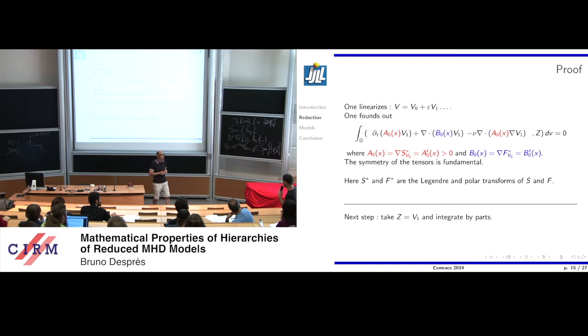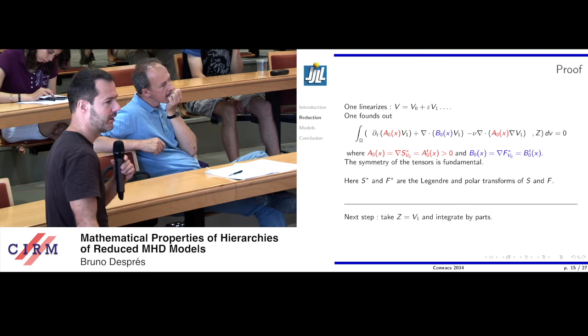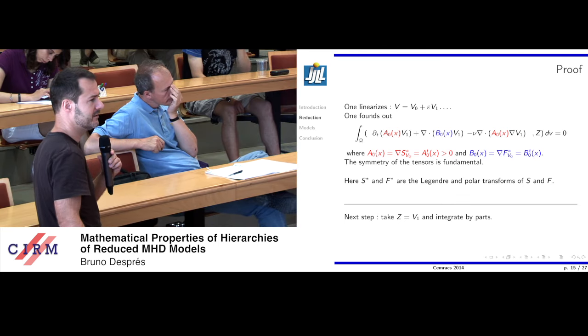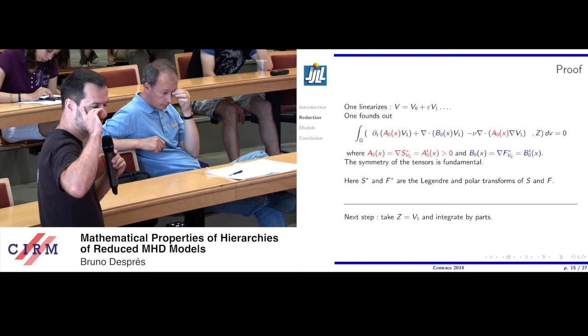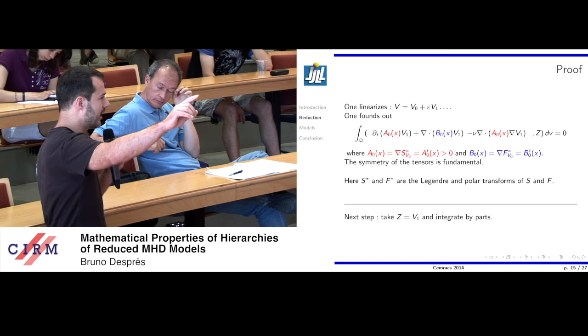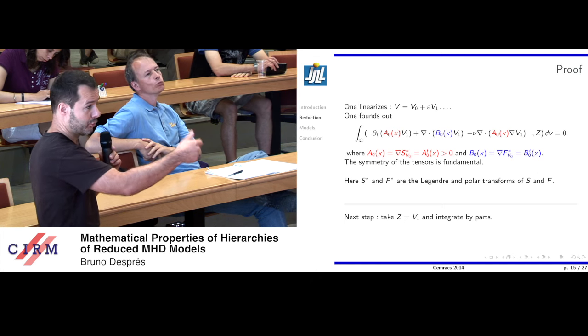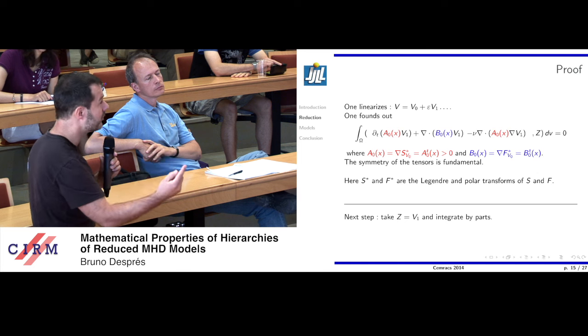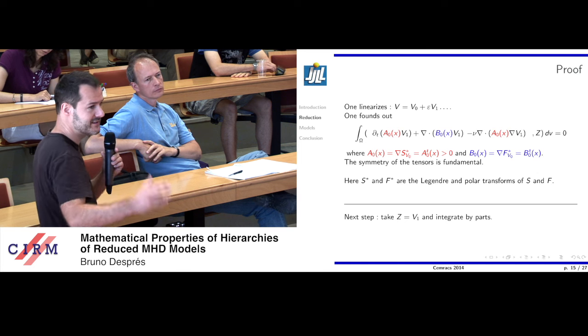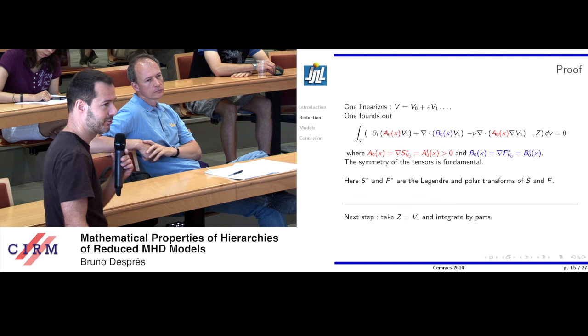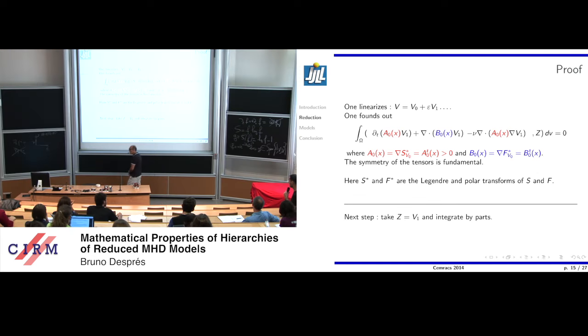Maybe if you allow me, I have another short question. In your conclusion, you said that your framework gives you some a priori estimate, but it's not so straightforward for me that when you have a kind of reduced entropy or reduced energy on your reduced model, you preserve the structure, the convexity or the positivity without any problem. Yes, but I would say okay. So the question is the following.